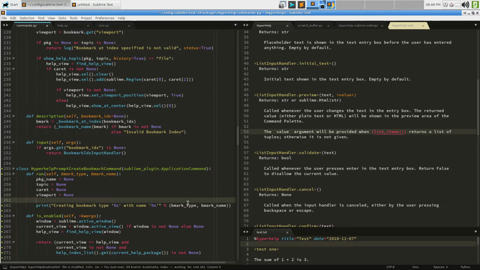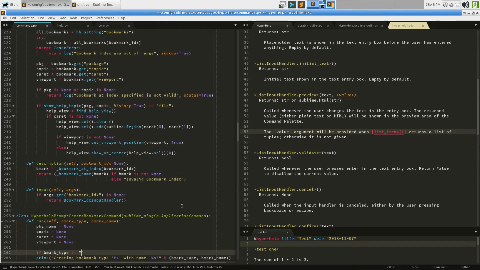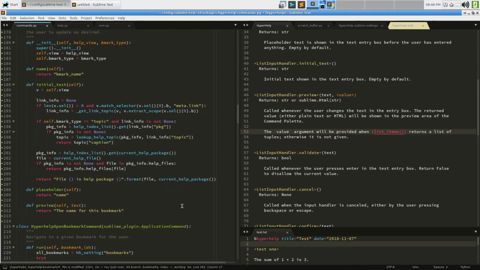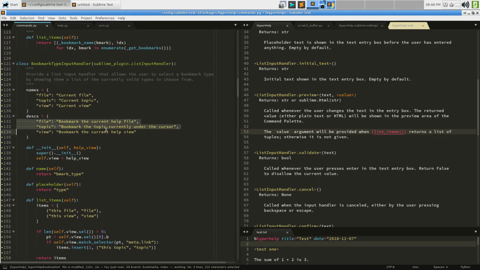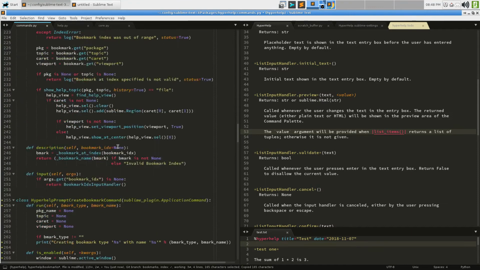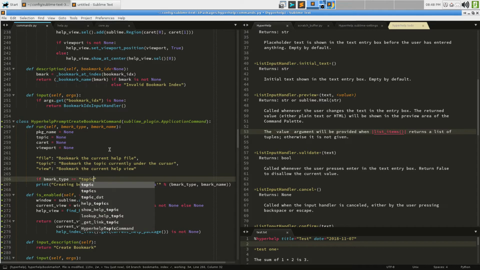Now, unfortunately, this is one of those things where we're gonna have to do some duplication of logic that we used here. So we can say if bookmark type is not equal to the, what's the thing called there? The topic one? That's the one, right? Let's go ahead and grab those and pull them down here one more time just to remind ourselves of what this is doing. If the bookmark type, well, if we want to be the same as the above, then we want to say if the bookmark type is topic,